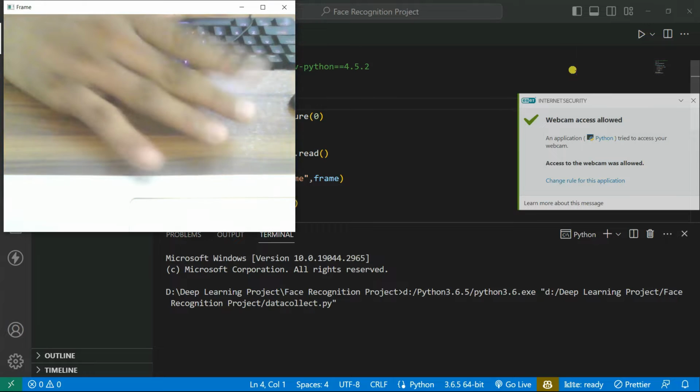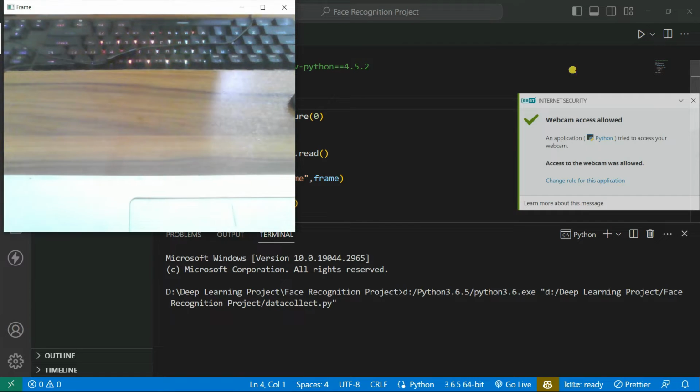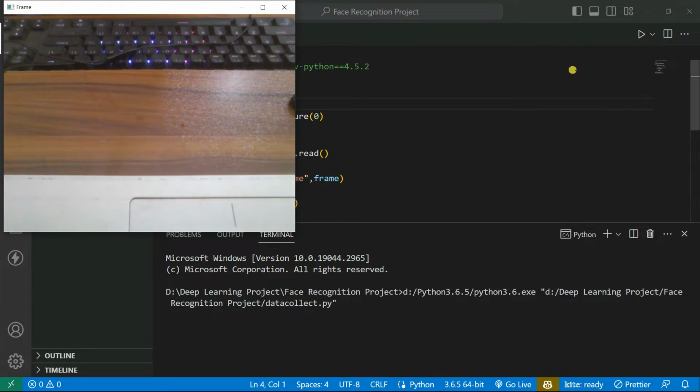Okay, so now you can see the webcam is on correctly. Now what I'm going to do here is detect the face of the person, and we are going to use this Haar Cascades classifier in order to detect the face, right? So let's do it. If I press Q from the keyboard,